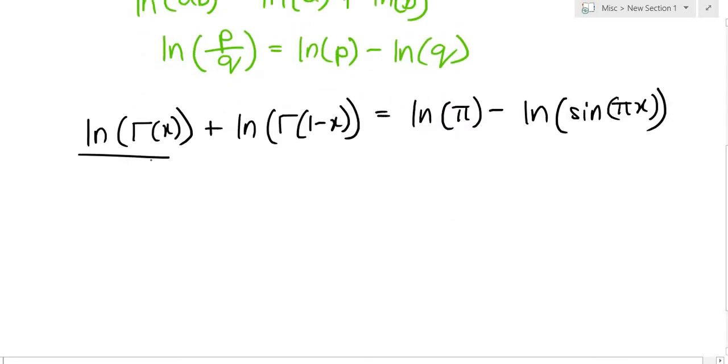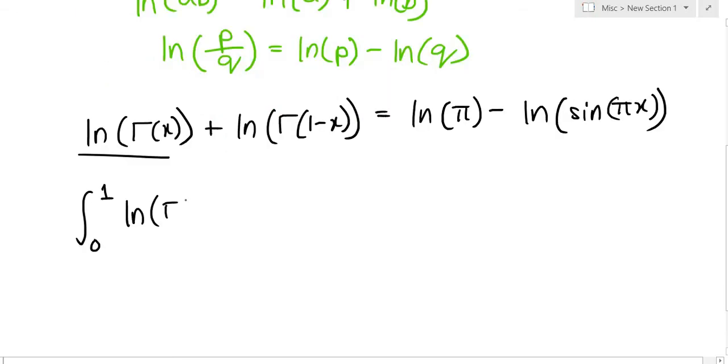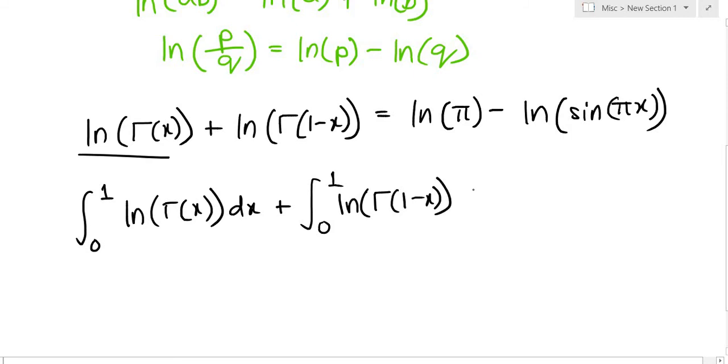Well, what does this look like? Our original integrand, right? Well spotted, because now we can do a definite integral on both sides from 0 to 1, because that's exactly what our problem was. So we have the integral from 0 to 1 of the natural log of gamma of x dx, plus, we can split it up into two integrals by the linearity of the integral, the integral from 0 to 1 of the natural log of gamma of 1 minus x, being equal to the integral, don't forget the dx,